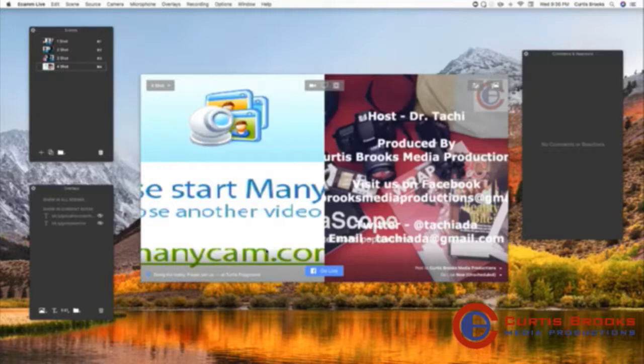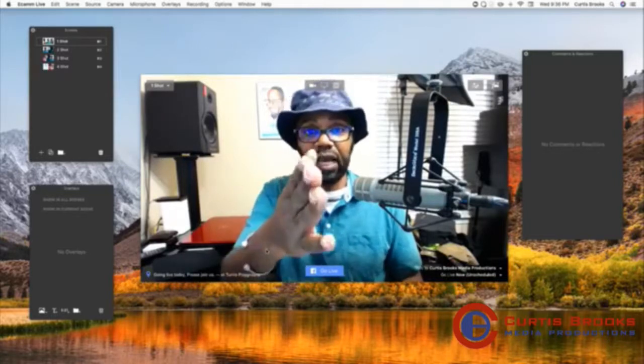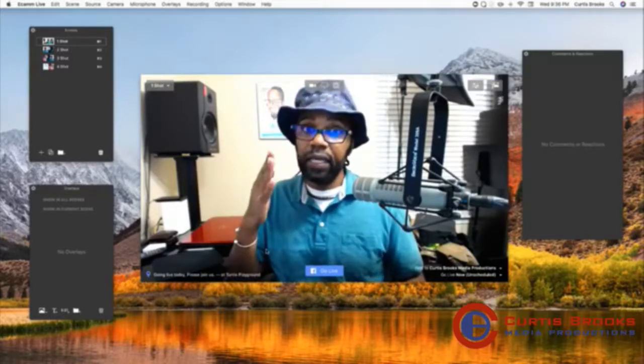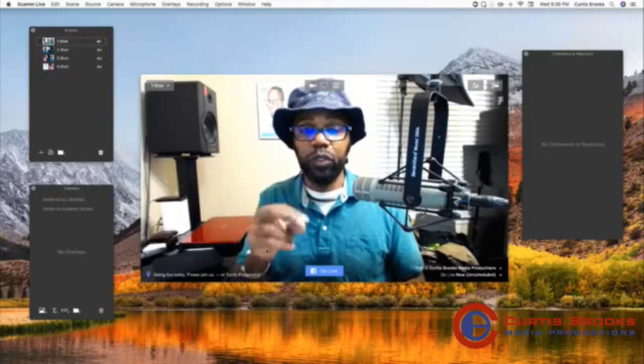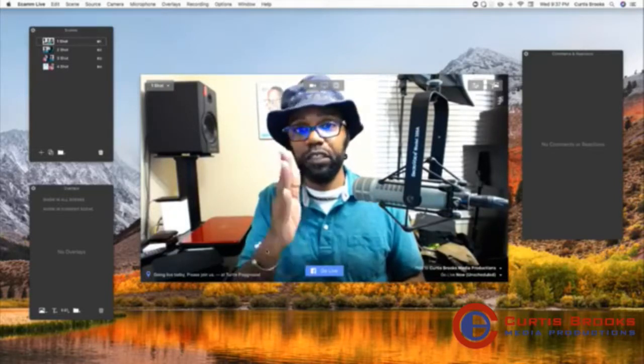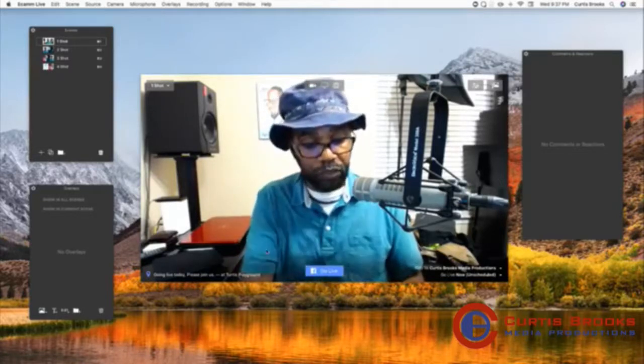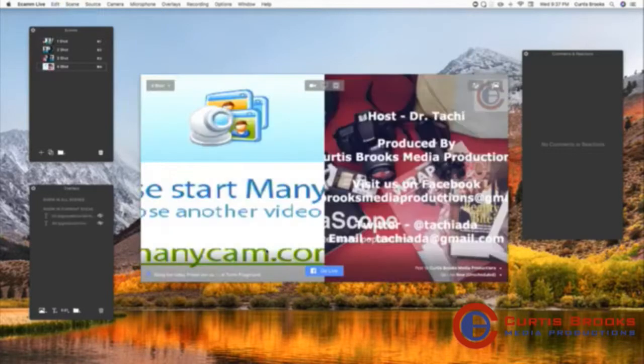Okay, so now let's show you what happened here. If I go Command 1 back to the single shot, that's the Logitech there. Now let's go back to the 2-camera shot that I put together, which was scene 4. I changed that from the 4-camera shot and made it a 2-camera shot with the Wirecast and the Manicam shot. So let's go back there. Now I go Command 4, and here we are at the 2-camera shot, Manicam and Wirecast.